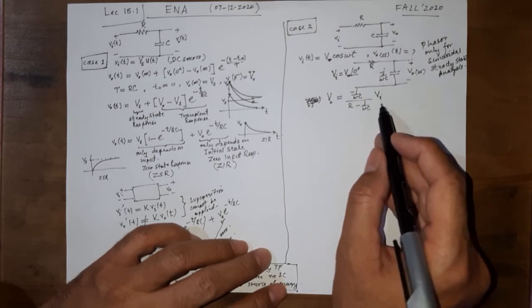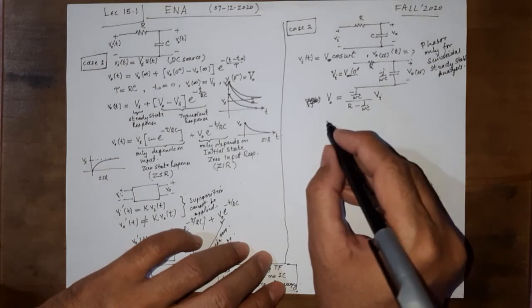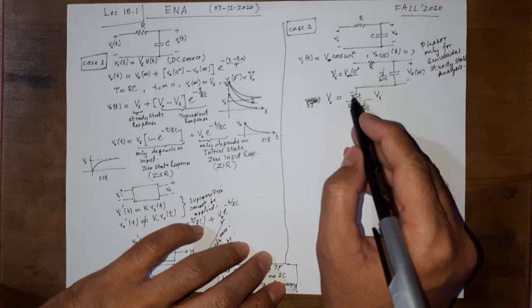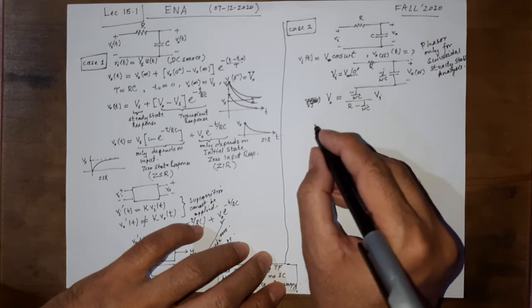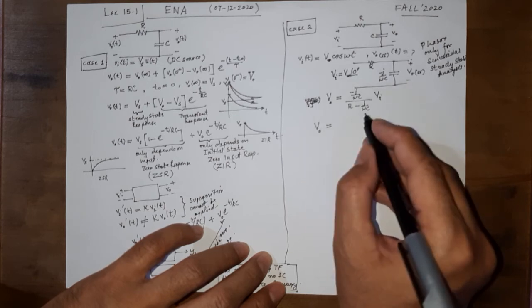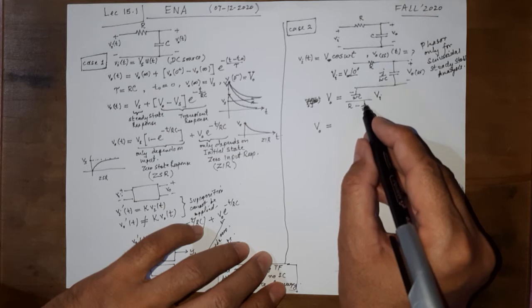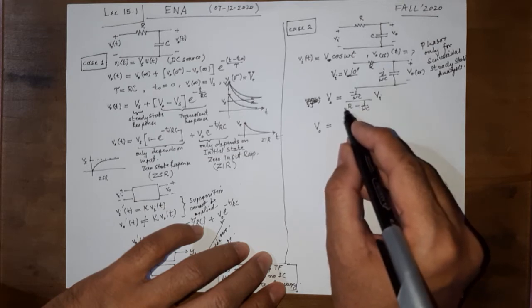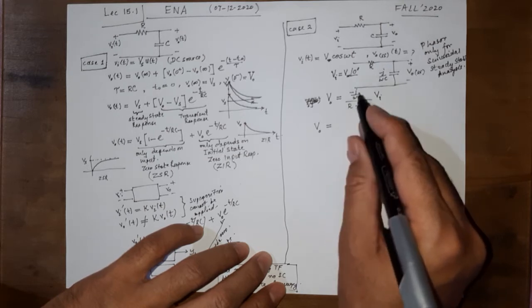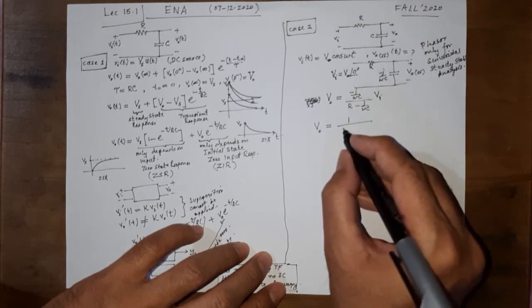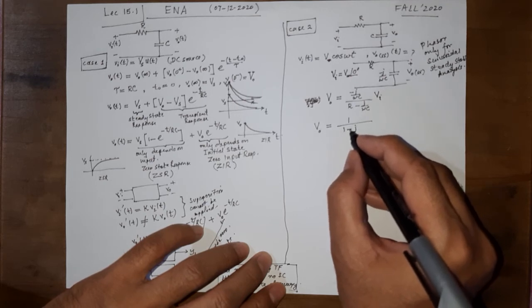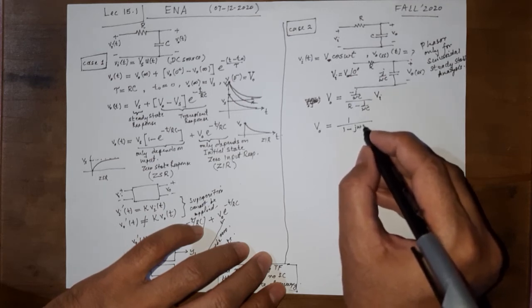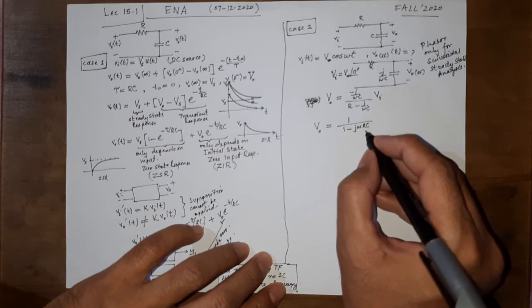So we are going to get this, and we can write this in a better way. Let us just bring this down and multiply throughout. Or we can take this j over omega C common from here, minus j over omega C common from here. So it cancels out and we are left with 1 over 1 minus j omega R C. Am I right in this?